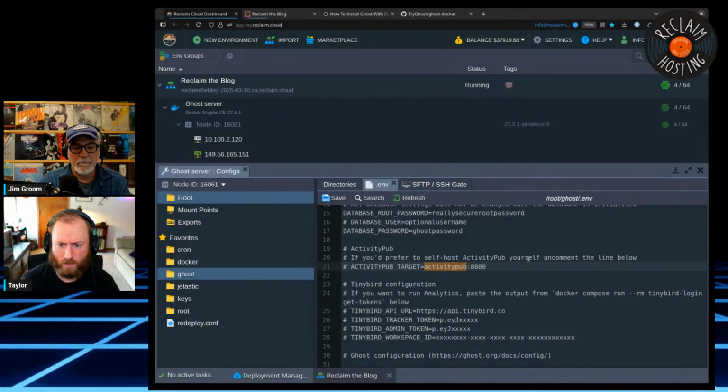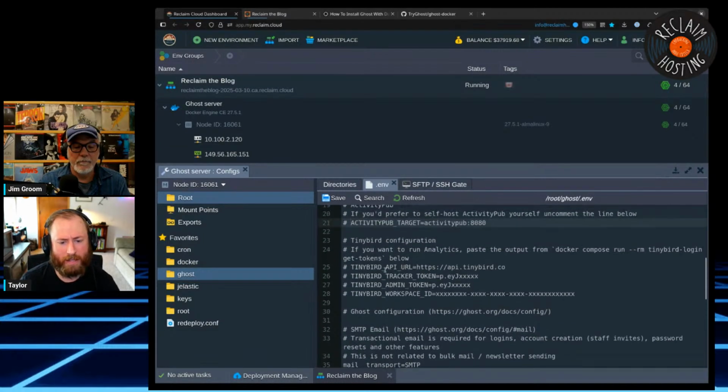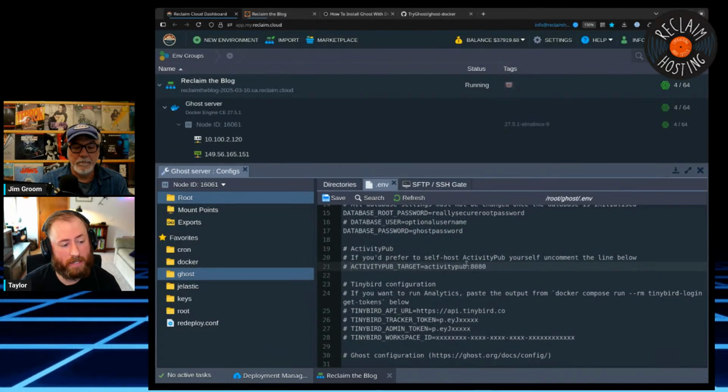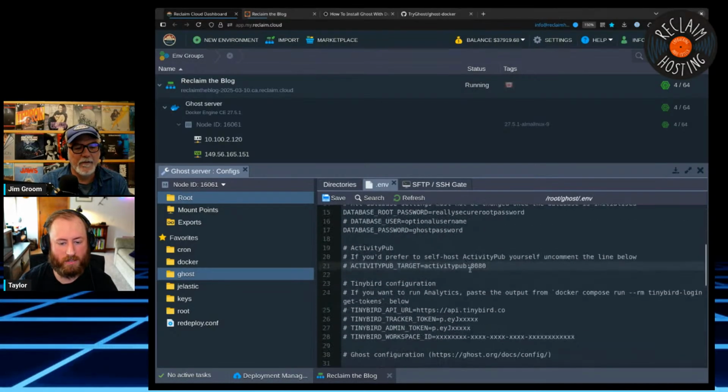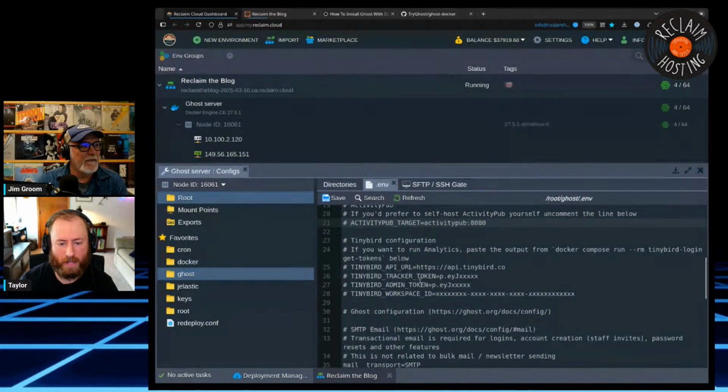If you prefer to self-host ActivityPub, we do want to self-host ActivityPub when we do that. So again, this will be a thing that we'll uncomment later. You don't have to self-host ActivityPub, apparently. You can use a service that they host, but they have limits as to how many people can follow you that way. My thing is, if you're going to be self-hosting Ghost, you might as well also run the ActivityPub service if you plan to use it. You already have a server. So just go ahead. If you're at the point where you're enabling ActivityPub, I would go ahead and turn that on.